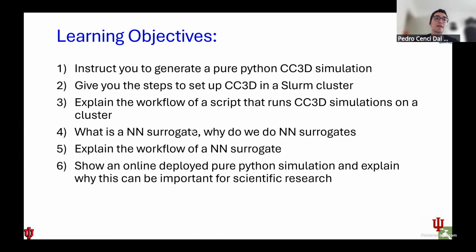We'll discuss what a neural network surrogate is and why we care about neural network surrogates. I'll also explain the workflow of a neural network surrogate. If we have time, I will show you how it looks in actual code. Then I will show you an online deployed pure Python simulation. So this is something you can more easily do if your simulation